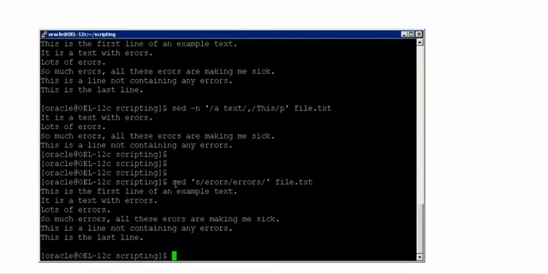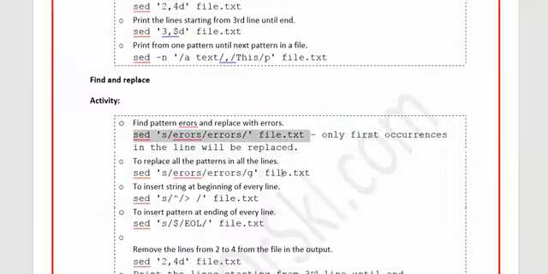That means if you just say sed s followed by what has to be searched and what has to be replaced in a file, it will only search and replace the word for the first occurrence in that line. If there are multiple occurrences, it will just ignore them. What if you wanted sed to replace each and every expression, which is this one? How do you do that? That's the next one. You have to use g at the end.